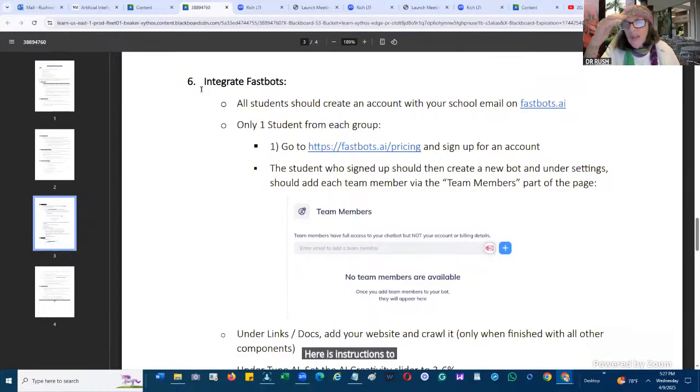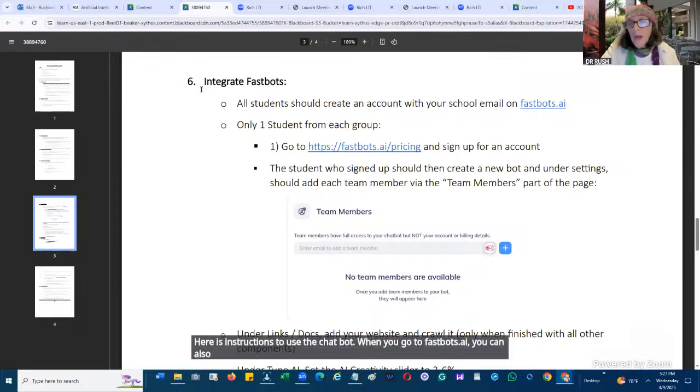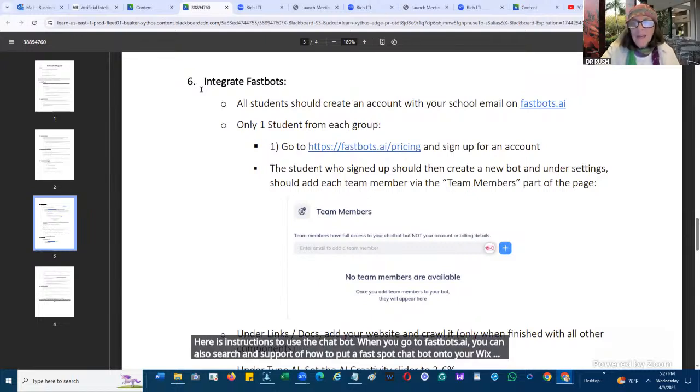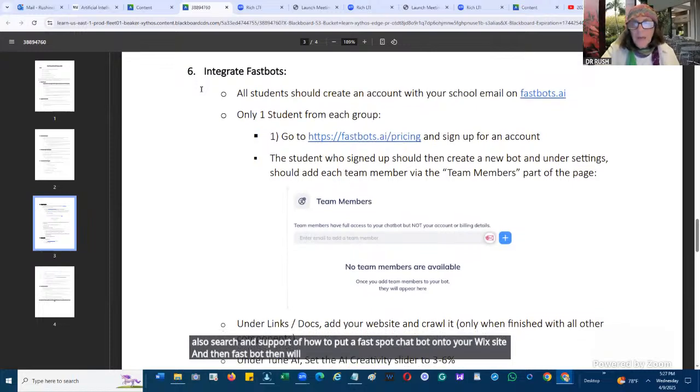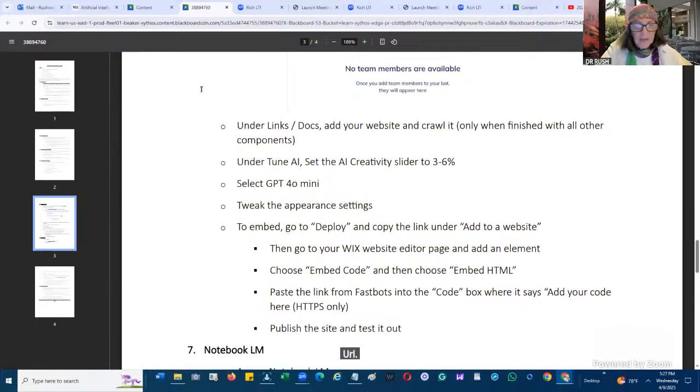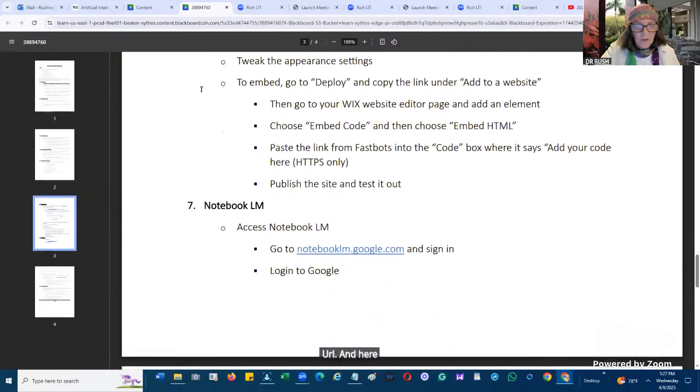When you go to fastbots.ai, you can also search support for how to put a Fastbot chatbot onto your Wix site, and then Fastbot will answer questions for you based on your URL. And here are the instructions to do that.